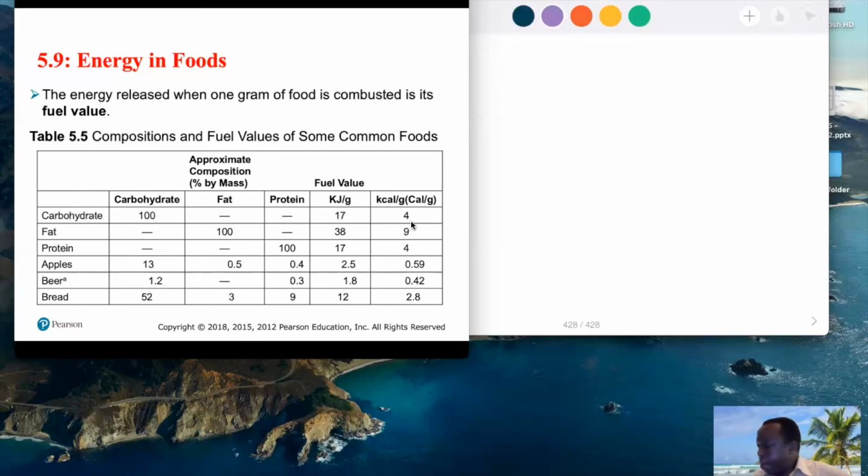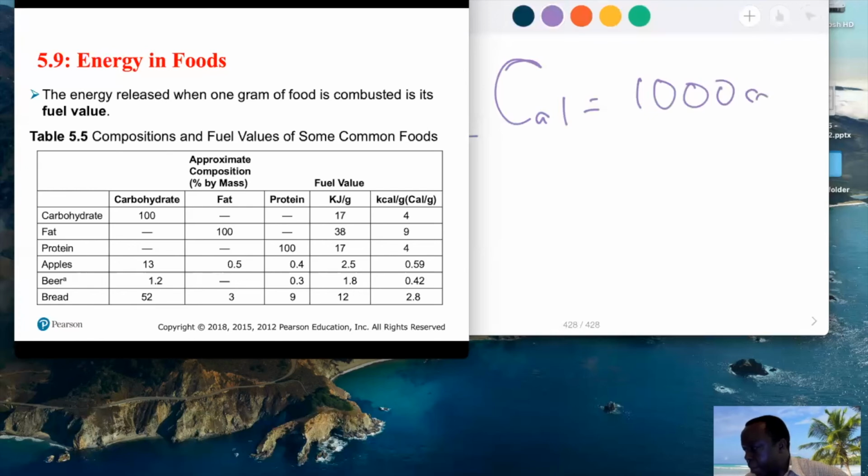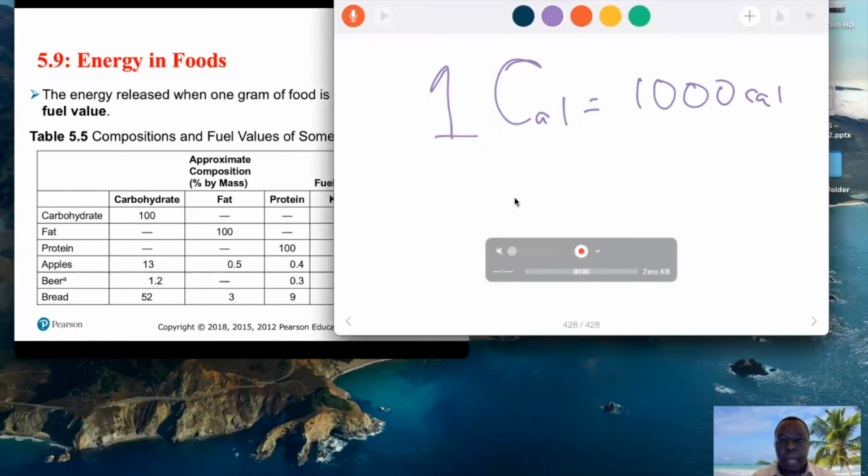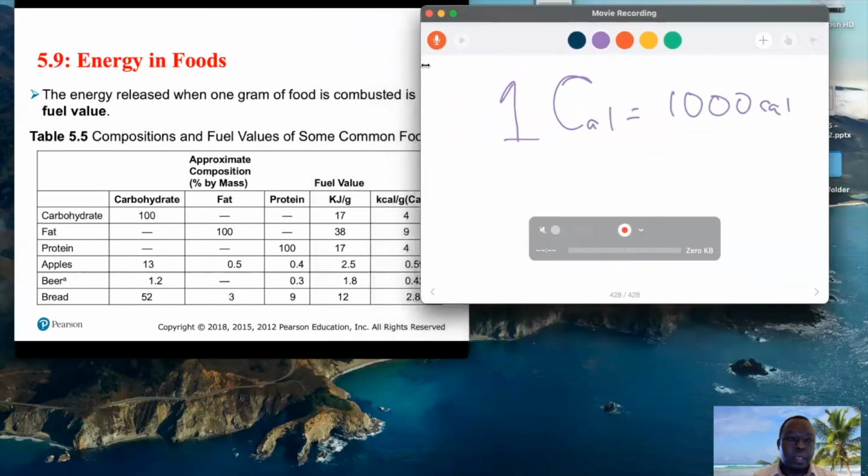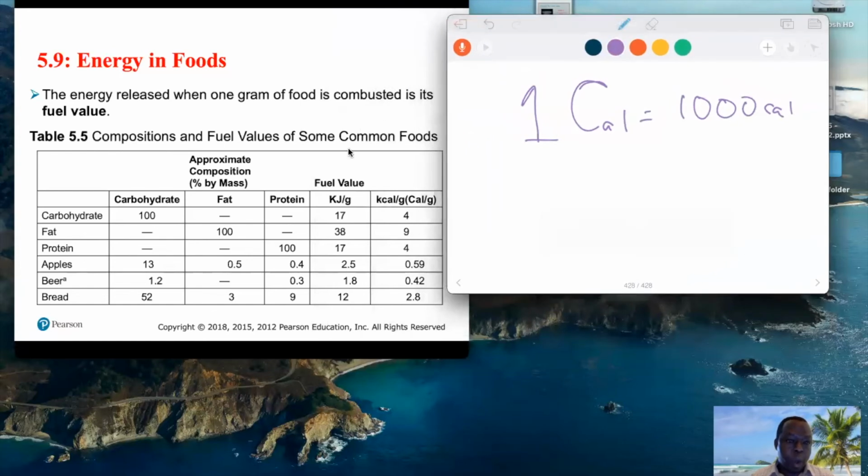The kilocalorie here, nutritionists use the uppercase C, which is 1,000 lowercase calories. Wherever you see the energy content of a soft drink, it means this. So when you see kilocalorie here, you can relate that 1 uppercase Calorie is the same as 1,000 calories. So for every 1 gram,